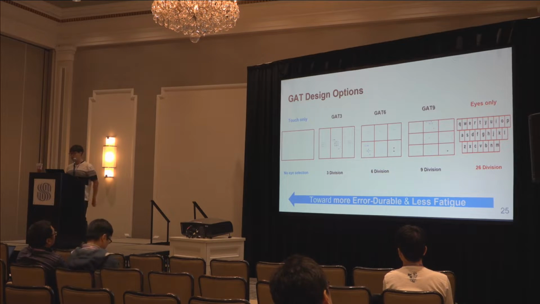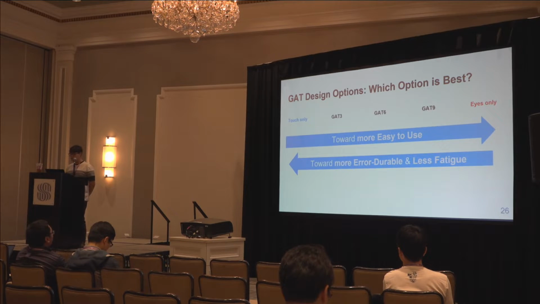And next, toward being more error durable against the eye tracker's inaccuracy, and also toward a less eye-fatiguing interface than the eye-only method, we varied the number of split sub-keyboards. Because the display size is limited, the number of divisions directly affects the effective target size of the eye selection target. And a large effective target size is more error durable than a small target-sized one. In this section, we assumed that an error durable interface may cause less eye fatigue because it requires less visual attention from the users. In short, however, there is a trade-off between the options.